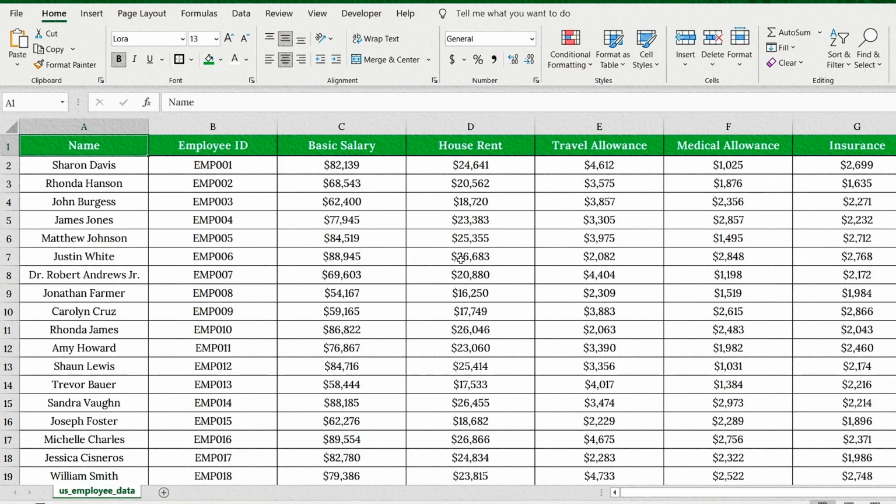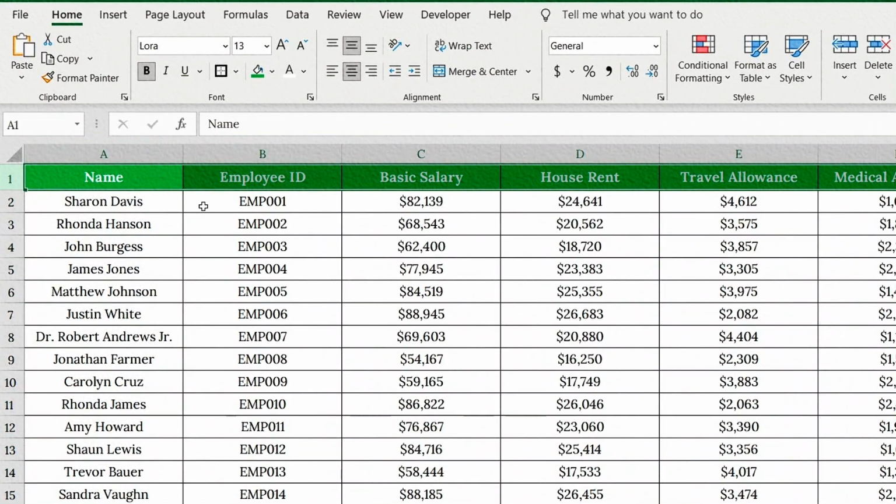When you're dealing with large datasets, keeping headers and labels visible is crucial. Freezing panes in Excel keeps the key info right where you need it, helping you avoid confusion and costly errors. Here's our dataset. Let's start with the most common scenario, freezing the top row to keep your headers visible as